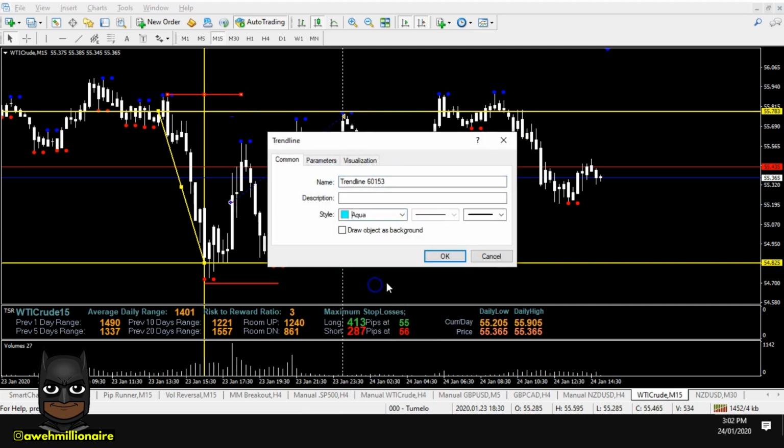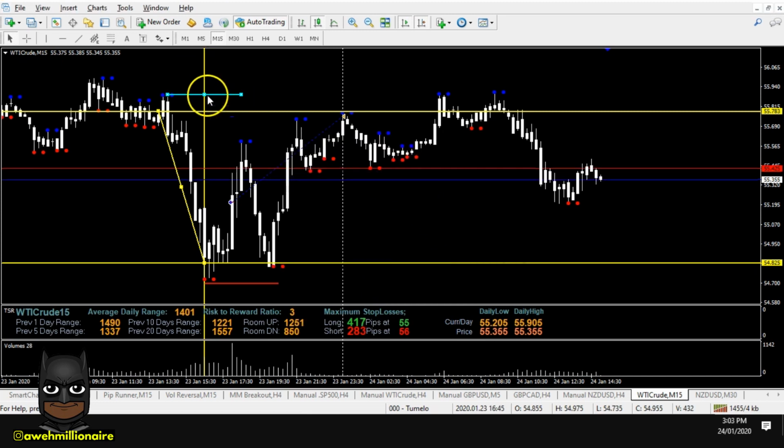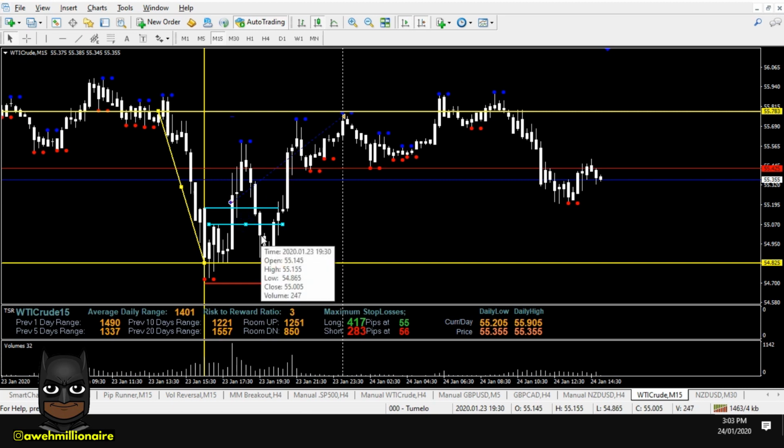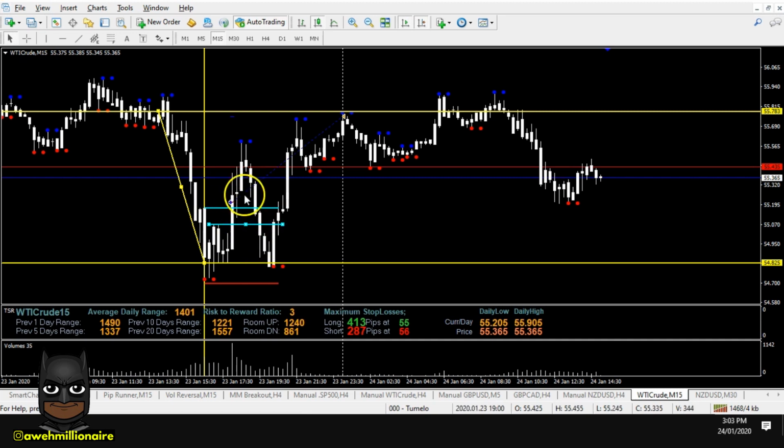Now, if the most recent fractal high is too far away to plot your entry and your stop, then what do you do? You use the consolidation, the area where price is consolidating, to plot your entry price. So for me, I plotted it right over there. Also, if you wanted to make it a little bit tighter, you could have put your entry price over there. Either way, where price is consolidating, you just use price action, the highs and the lows of the bars. So that's where you could have put your entry, or you just put it where I put mine.